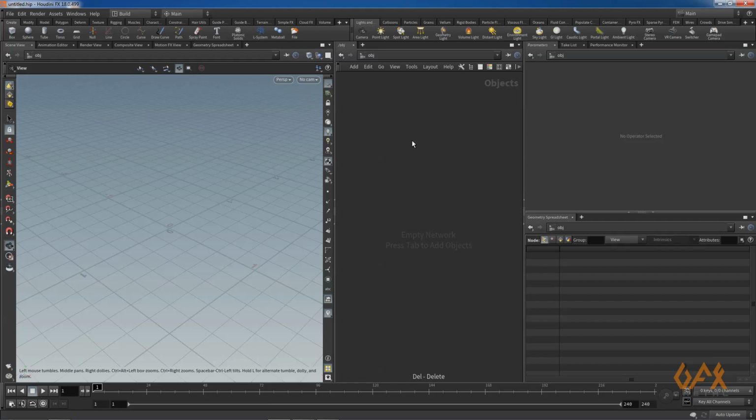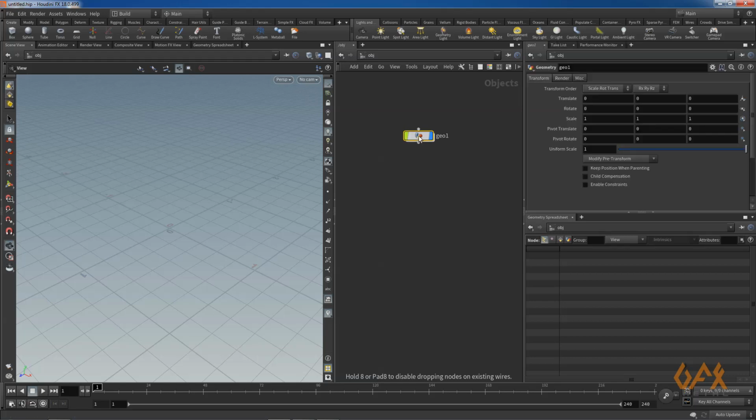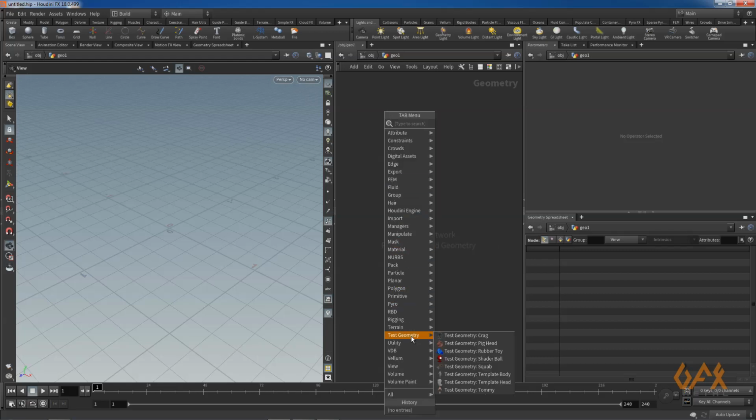So here in Houdini, first of all, I just press tab and create a geometry node, double click on it. Now for the face reference, Houdini provides one test object, so I use that one. So I just go to test geometry and here I call this template head.